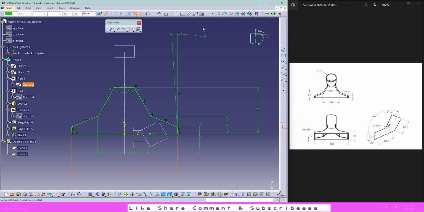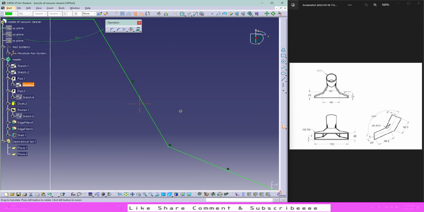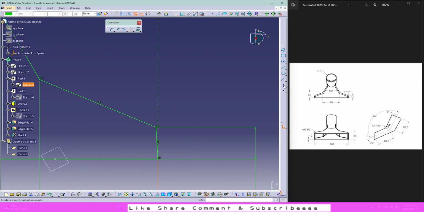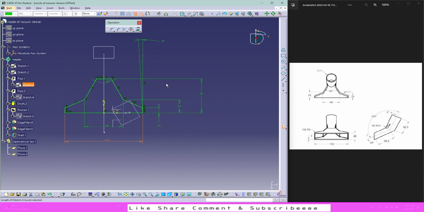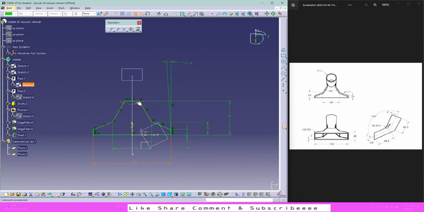There is an angle of 3 degrees over here for this edge, and to do that all you can do is create an axis and then give it an angle constraint of 3 degrees. The rest is pretty much self-explanatory, nothing fancy going on here. I've taken all the dimensions from the sketch, so 55, 66, this is 25, this is 10, this is 3 degrees, and from here we took 132,